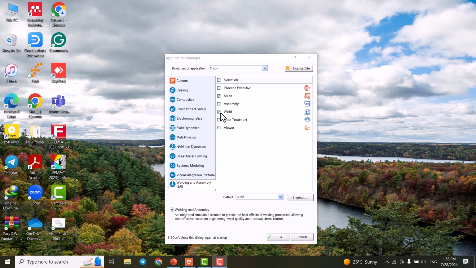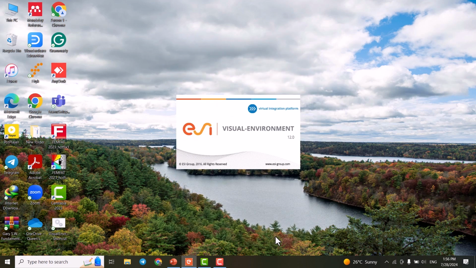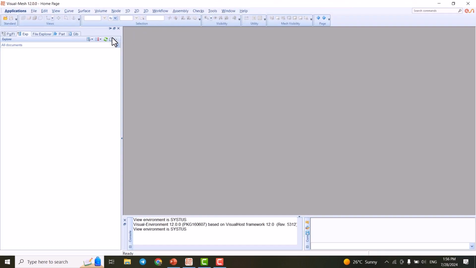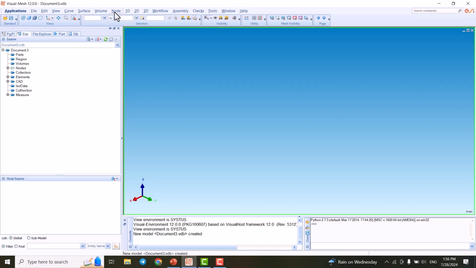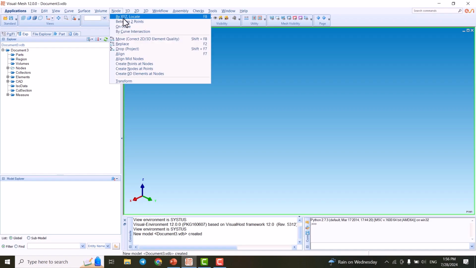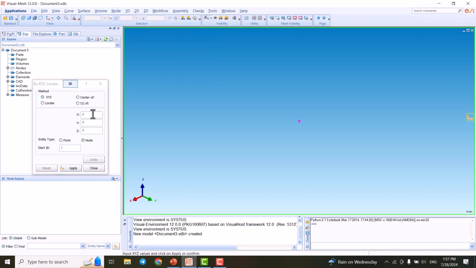Alright guys, now we're going to create our model in Visual Mesh. So click OK. Here it is, the Visual Mesh. We click on New File and create our coordinates. As always, we go for node and create by XYZ locate. The first coordinate is X0, Z0, which is the first one,